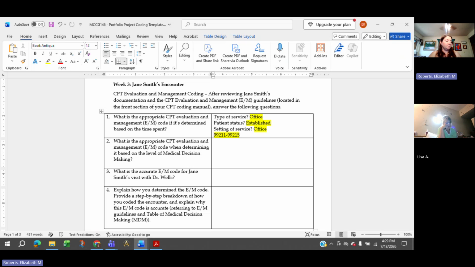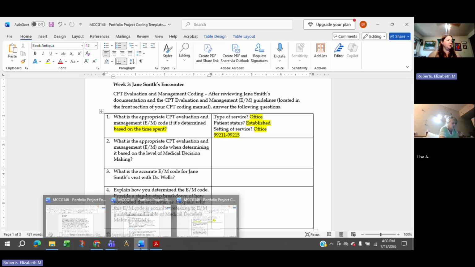Let's start with 99212. 99212 on the right-hand column on the top says office or other outpatient visit for the E&M of an established patient, which requires a medically appropriate history and/or exam and straightforward medical decision-making. And then under that, it says when using total time on the date of the encounter for code selection, 10 minutes must be met or exceeded. So that's where our time frame is, right? So here we're looking for time spent. So we know 99212 is at least 10 minutes. So let's go back to the note.